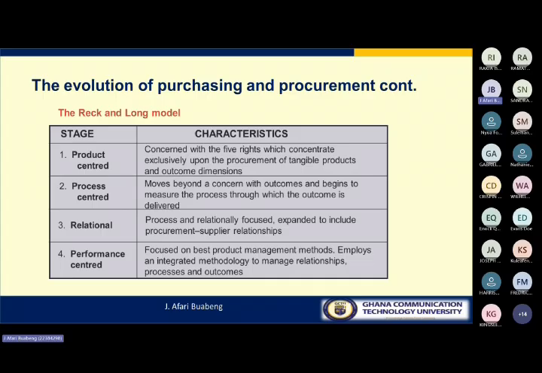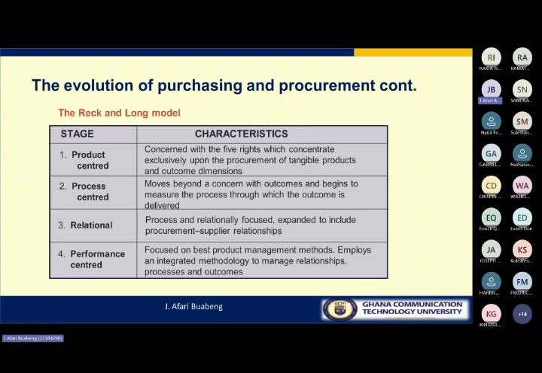According to their model, the evolution of procurement has 4 stages. The first stage is product centered. Once we talk about procurement, the focus was on the products. Once the product is okay, the price we pay is okay, and we get the needed quantity, that was the focus. And then over time,